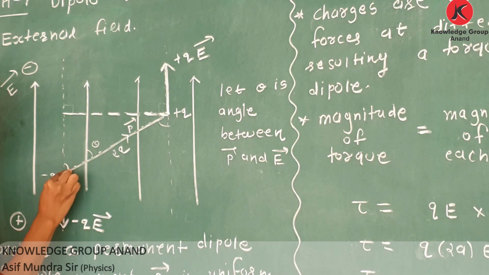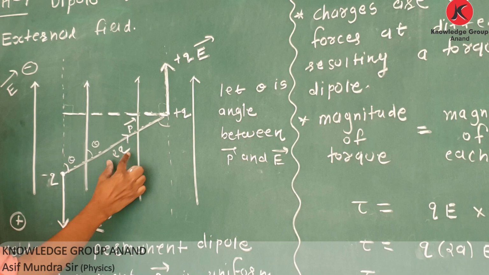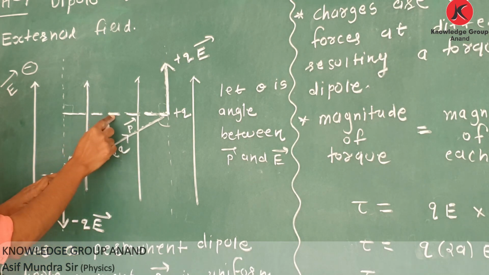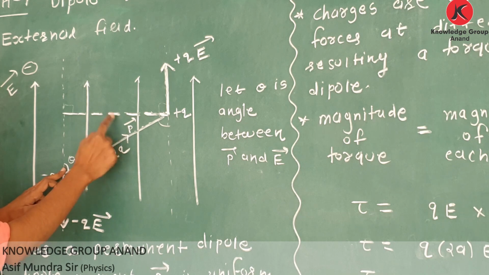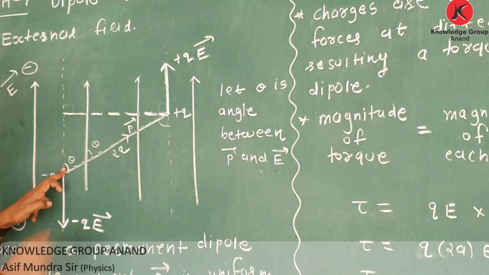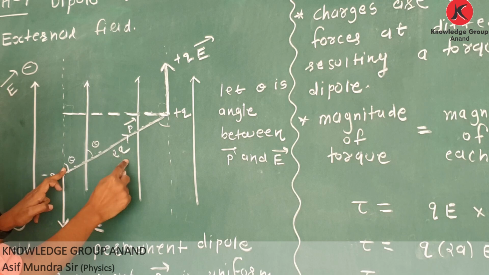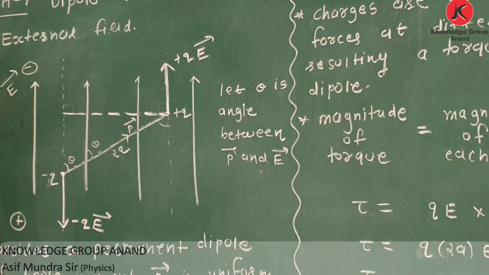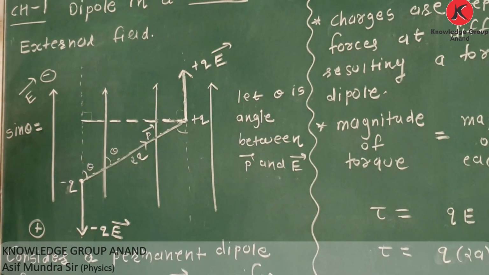If this angle is theta, we can say this angle is also theta because it is a uniform electric field. This distance is 2a. This side is the opposite side and this is the hypotenuse. Then which trigonometric function do you have to consider? Yes, sin theta. From the figure we can write sin theta is equal to opposite side